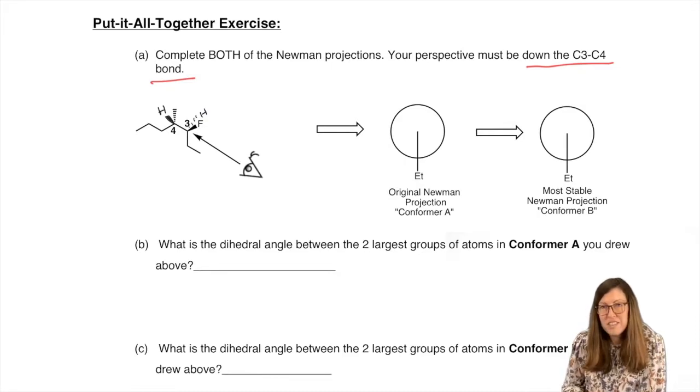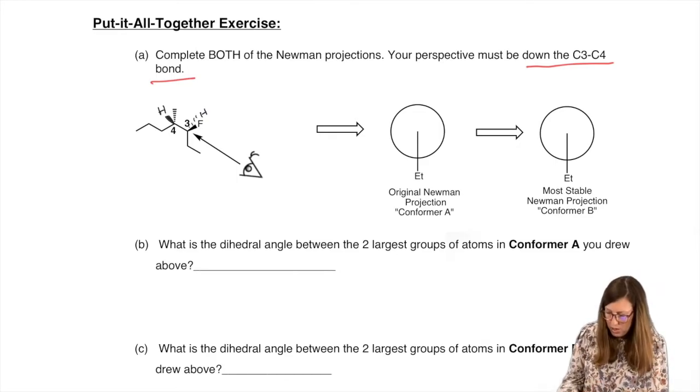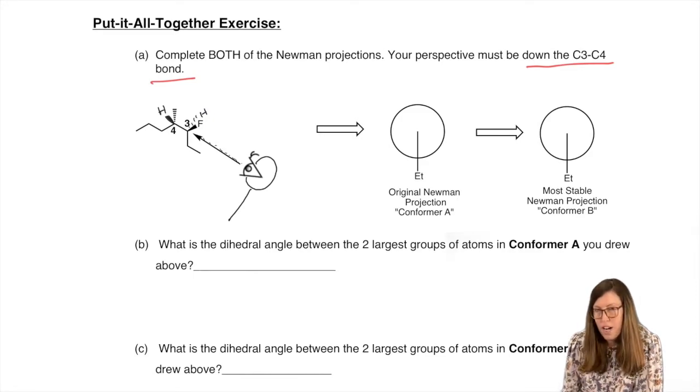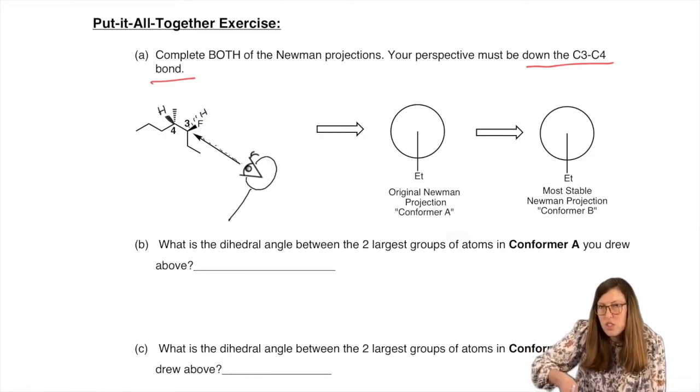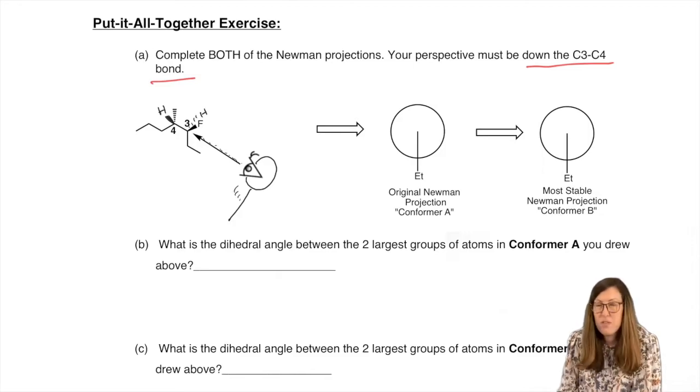Now get in there and pretend you're looking down that carbon-carbon bond. In the beginning, it looks kind of like an alien with one eye, but you might even need to draw some arms on there and say, okay, if this person was lined up, a little laser vision right there, with that carbon, where would that person's right hand be? Would it be a dash or a wedge? Would it be going into the paper or coming out? The right hand from this angle, it doesn't mean the right hand is always this. From this angle, the right hand would be a dash and the left hand would be a wedge.